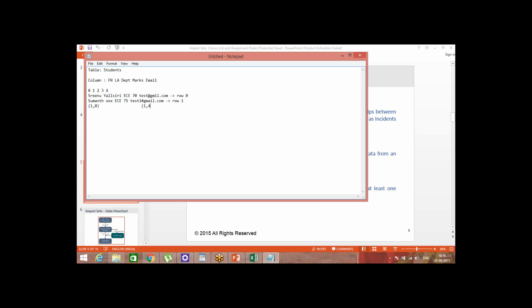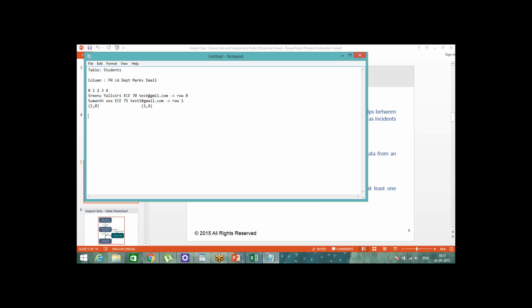This is how a table and column are defined in any database, irrespective of DB2, MySQL, or Oracle. This is how the data is stored, and how you point out any particular data. This is called table and column.